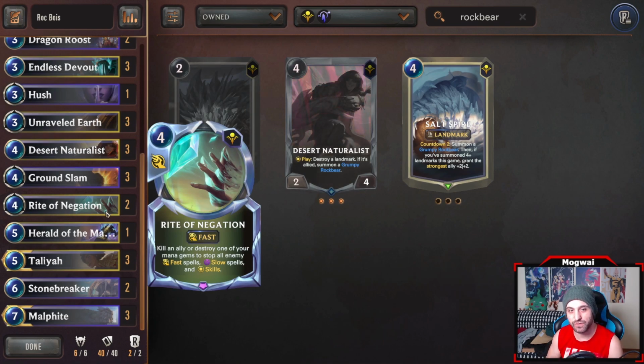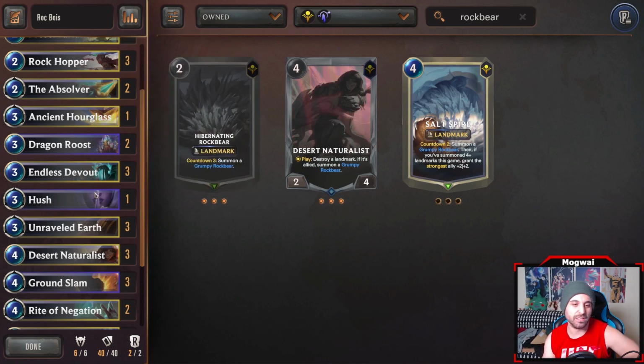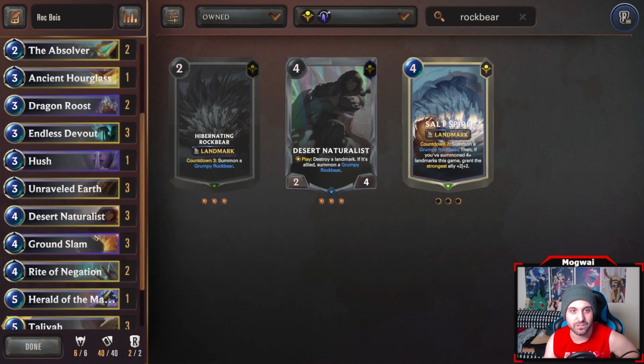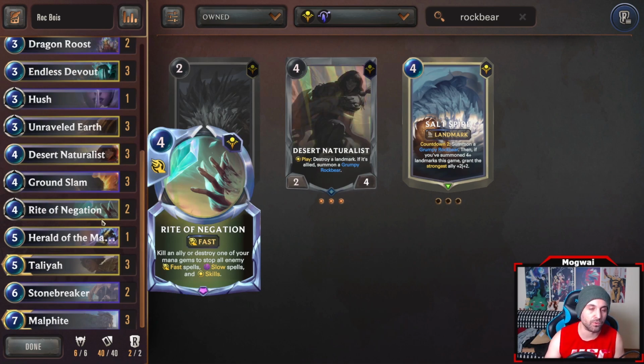It really depends on what you're facing, but I feel like Disruption is really key, and I do still like a one-off of Ancient Hourglass, though you could take this out for something else, honestly. It hasn't been the most impressive card, but it does have a lot of potential within the deck. Saving up our champions can potentially combo with Talia in a pinch as well, and even Herald of the Magus too, so I do like having it as a one-off, but I feel like Renegation is more important right now,